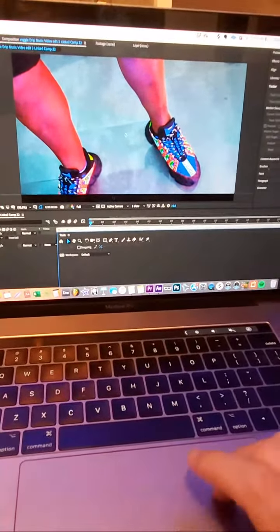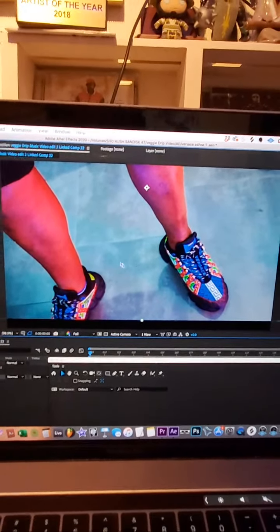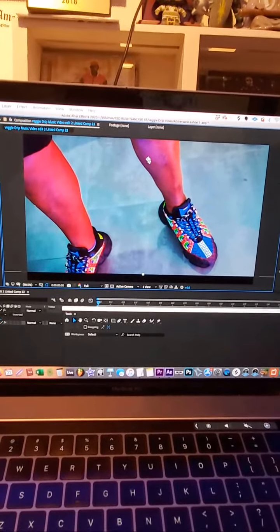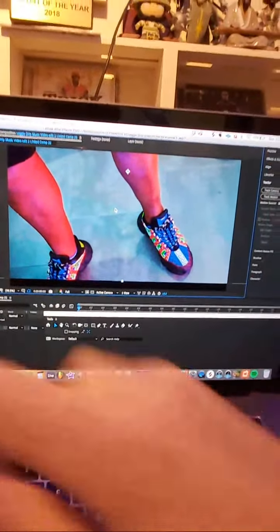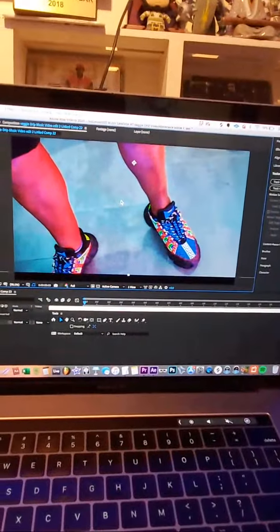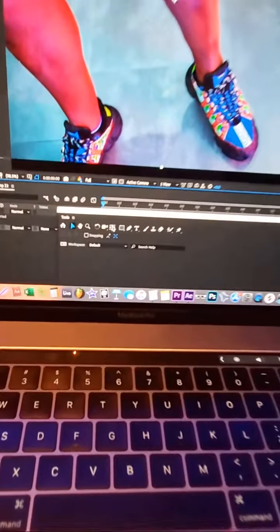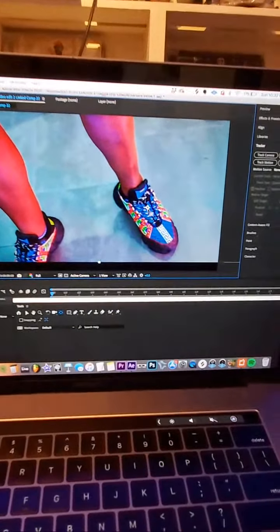I was trying to figure out how, do you see this? If you see this dot right here, this dot is the center of whatever you're editing. So if you're editing a tire and you want the tire to spin, and this is not in the middle of the tire or the circle or whatever, it's not gonna spin around in an actual circle. It's gonna kind of flip flop a little bit. So I want to take this. In order to move that, you got to click this. You got to go up here, and now I can move this thing into the center of the shoe,